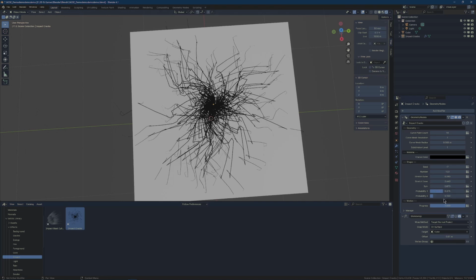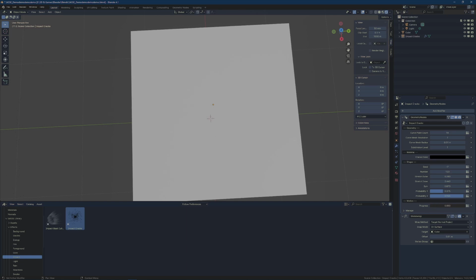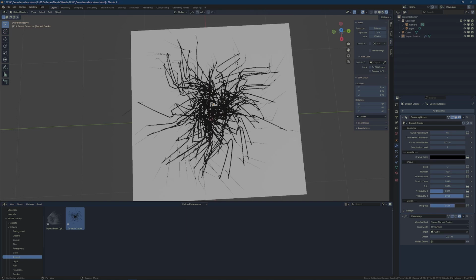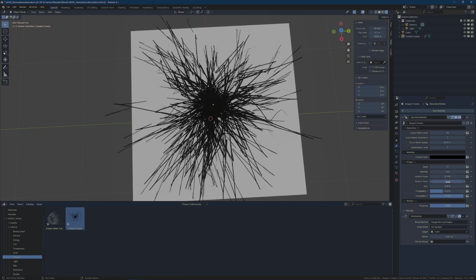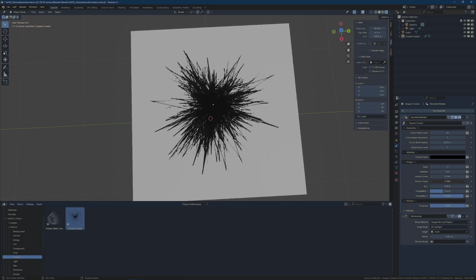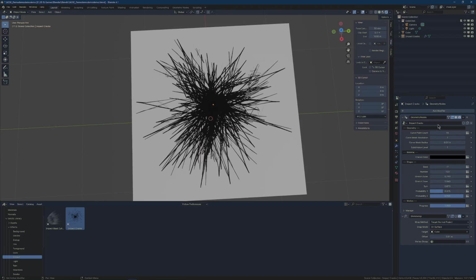Probability 1 and 2 are the probability that we will get small offshoots from these, which might be easier to see if we have a slightly larger radius size. And we also have progress. So between progress, stretch, and dealing with the number that you have, you can get some pretty good